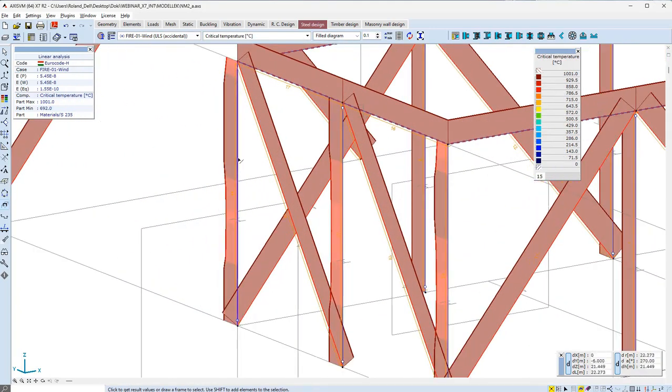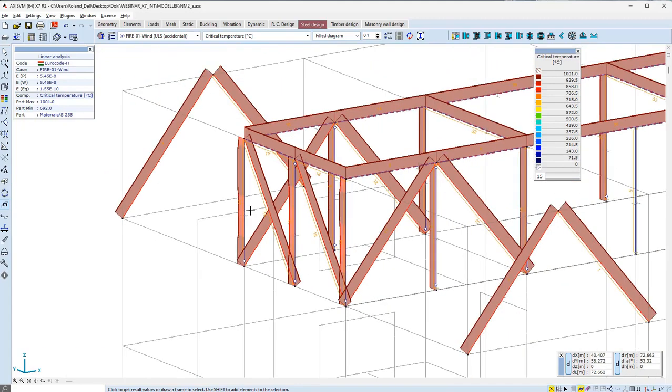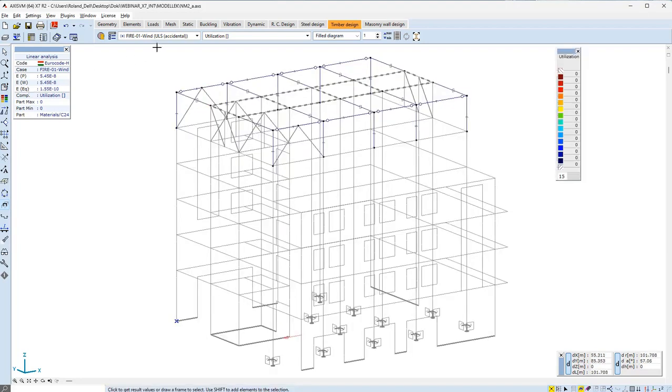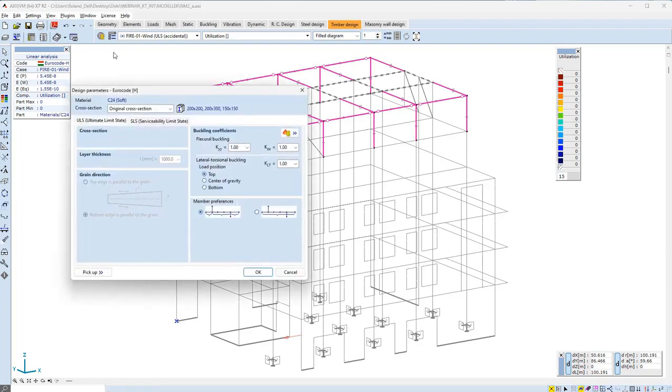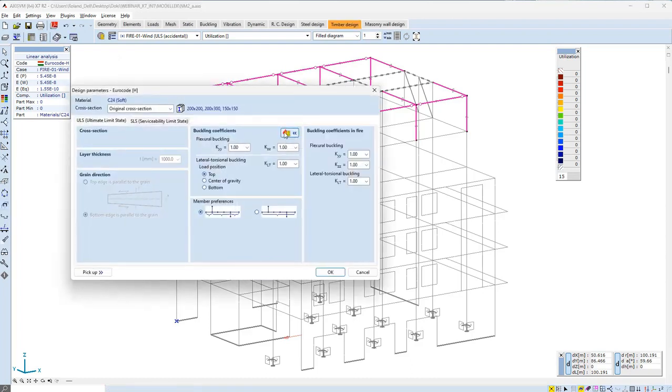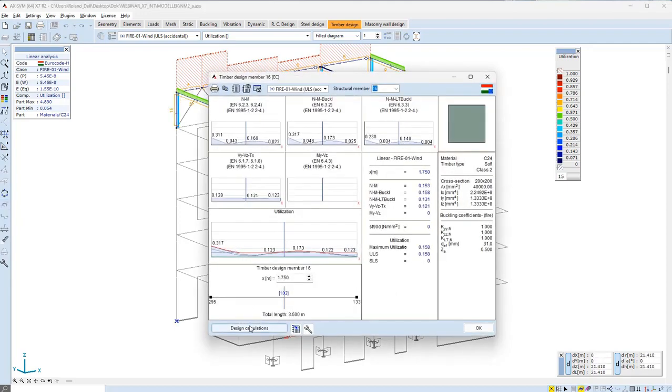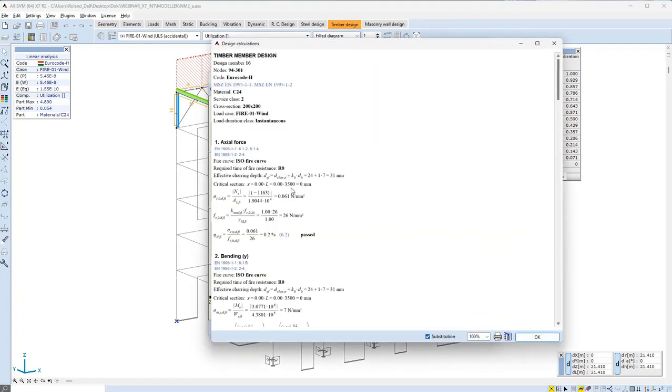Critical temperatures can vary along the member, which variation can be visualized as well. As for the fire design of timber elements using the TD8 module, the process is pretty much the same as in the case of steel members. The fire design has to be turned on in the design parameters dialog, which parameters are being assigned to the members. After that, the software performs the corresponding checks based on these parameters. The difference is that in case of timber elements, the software calculates the charring depth, with which it reduces the cross-section area on which the standard checks are being performed.